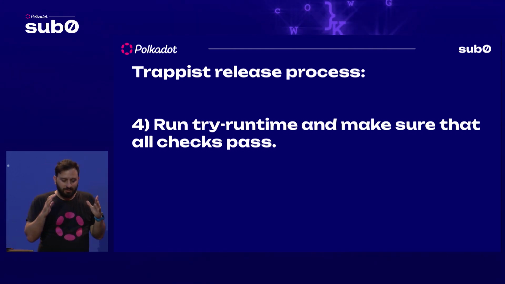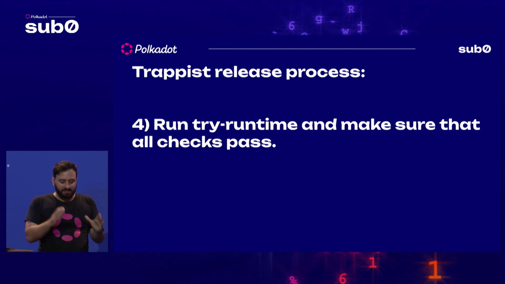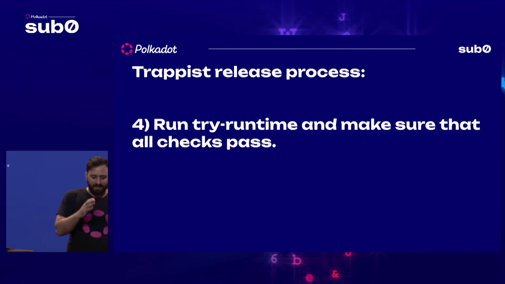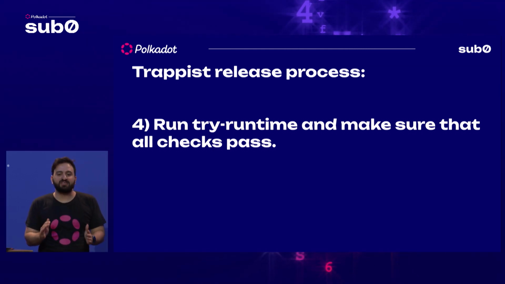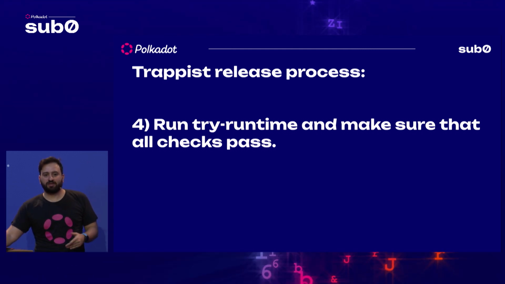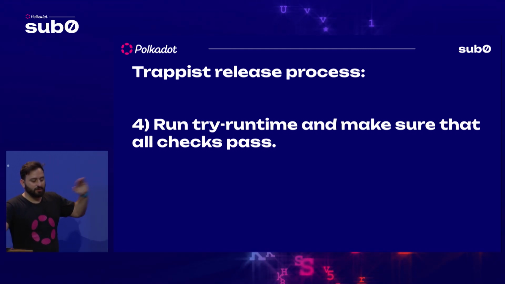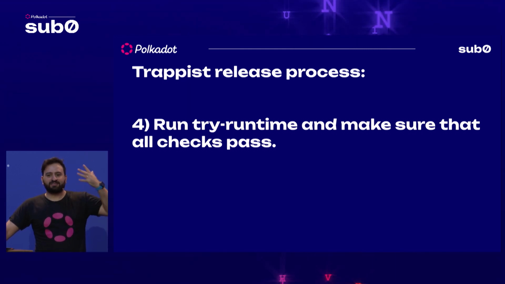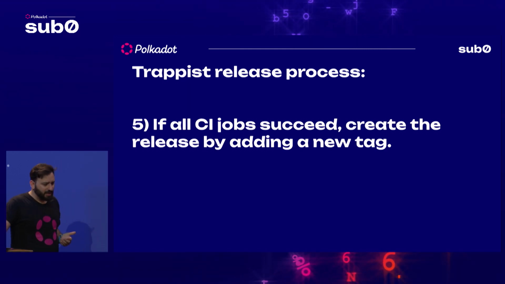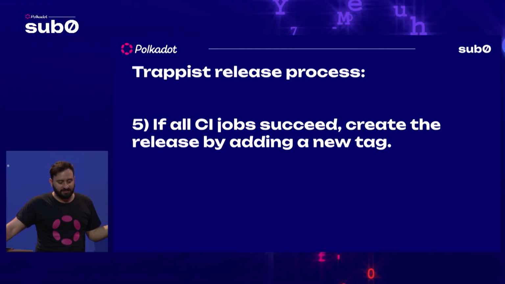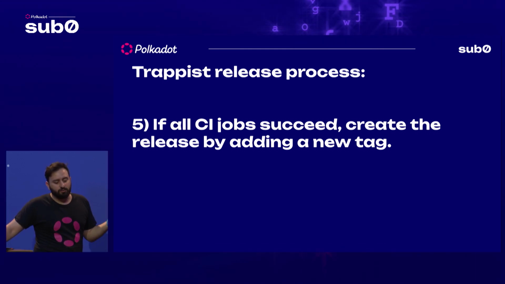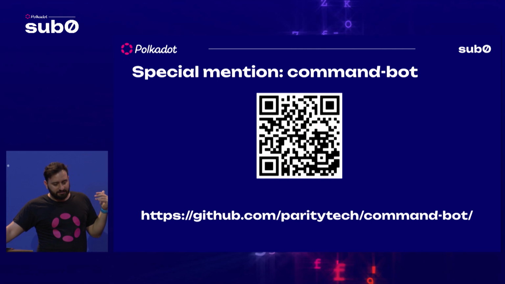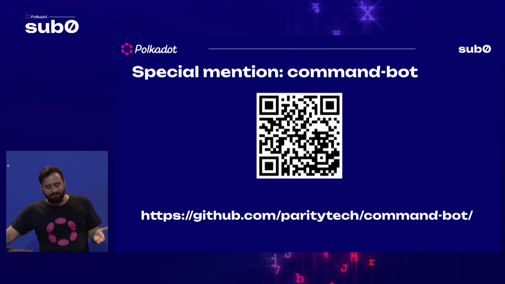Try-runtime is super nice because it tells you if you have a missing storage migration. So when we included this in our CI, the whole thing started to make sense. And of course, if all the CI jobs succeed, we create a new release, we add a new tag, and basically what happens is it